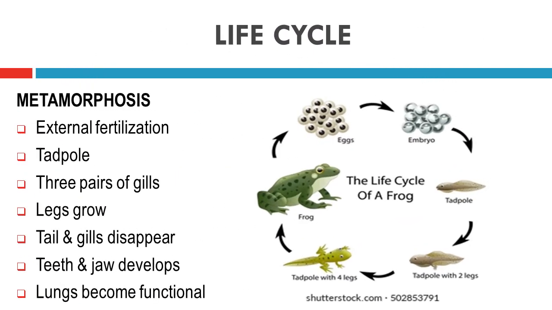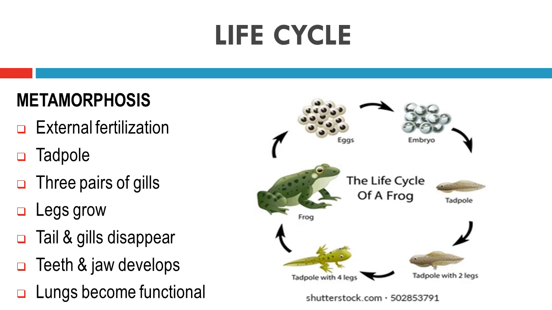Let us go on to the next one, the life cycle of this frog. How does this metamorphosis take place for the frog? This development or growth which takes place in the frog, we can say is metamorphosis. As we said, the first step, fertilization, is external, meaning the fusion of the egg cell